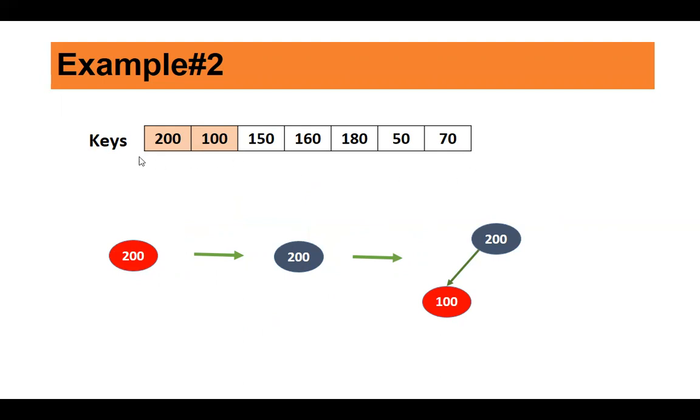These are the keys. The very first key is 200, a newly created node, so red in color. But this is the only node we have in the tree, and it's the root node. So change the color to black. Fine. Next, what you insert is 100. Smaller than 200, so left child. And 100 is a new node, so it is red in color. There is no violation. The tree is balanced.